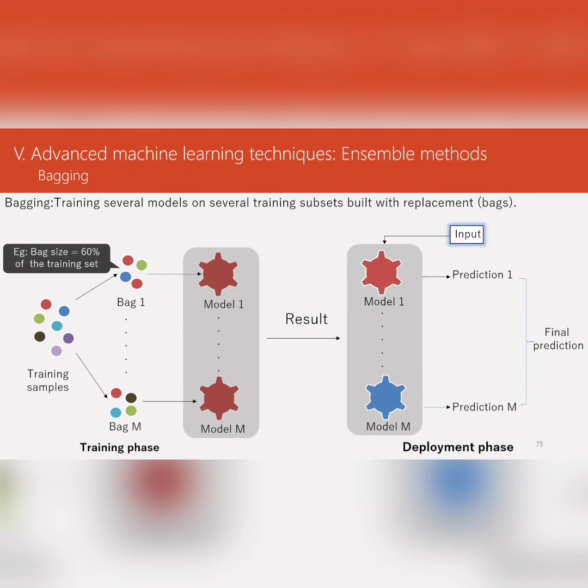Now, let's review some ensemble learning methods. The first one is the bagging technique. Here we can create several models that may have the same architecture, and we train each model on a different training subset built with replacement, and it is called a bag. With replacement means that the same sample may be selected more than once in the same bag or a different